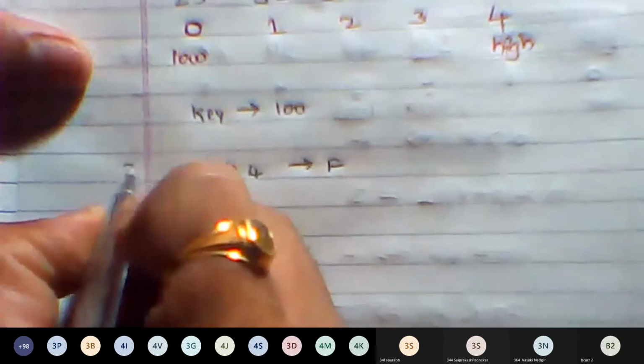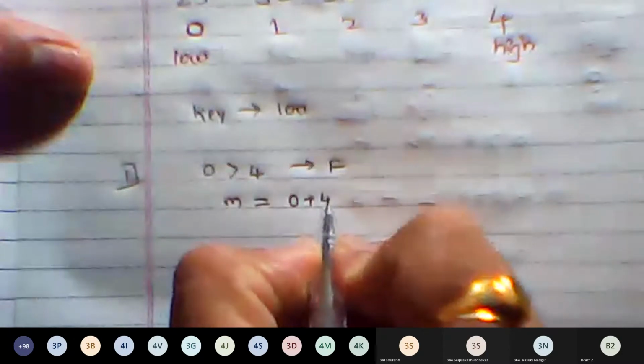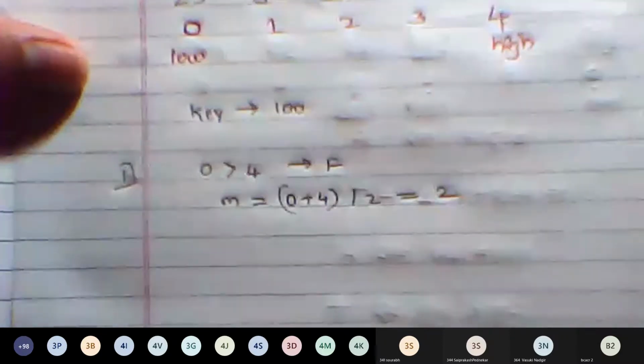This is for the first time. The mid value is calculated as low plus high, that is 0 plus 4, whole divided by 2, and we get 2. Now at index 2, the element is 53.